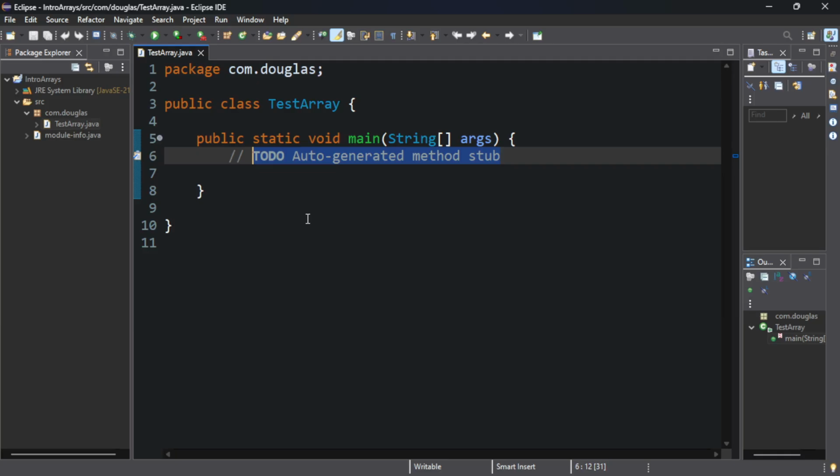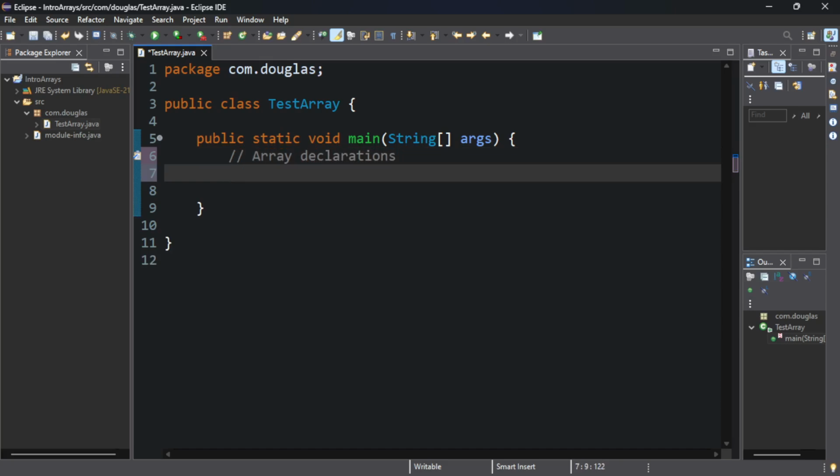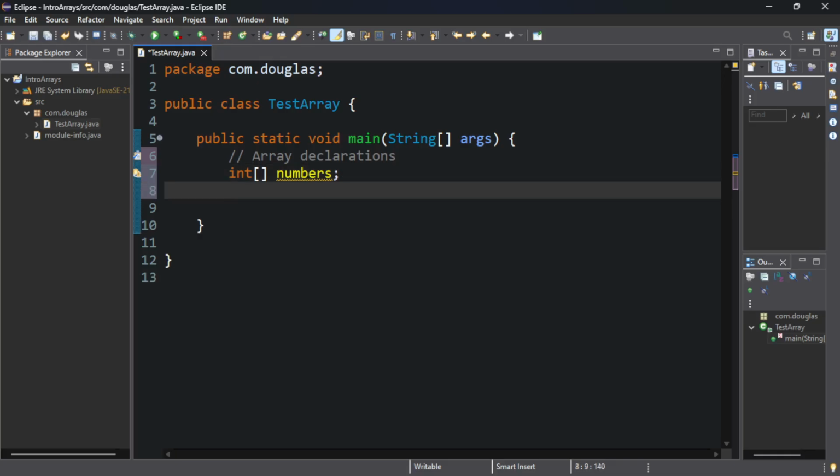So what you're going to first look at is how to declare arrays. Maybe I can say array declarations. So one way of declaring arrays, you can declare an array without assigning it. So what you have done here, you have just declared an array, and you can assign it any value down the line. Okay. But actually, before you do that,